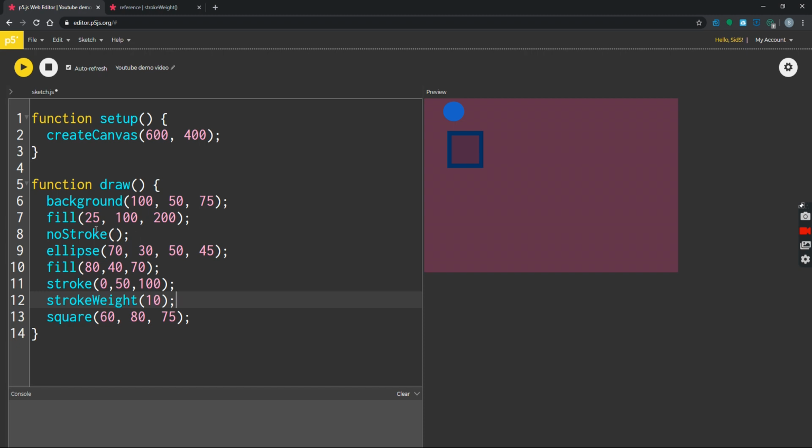Now remember, if you put stroke and then you put 0, it'll just go at a blast. You need to do this. And then why this? This basically means that there's nothing inside the parentheses. Ellipse. We created an ellipse of 70, 30, 50, 45 at position 70 on the x, 30 on the y, 50 is the width, and 45